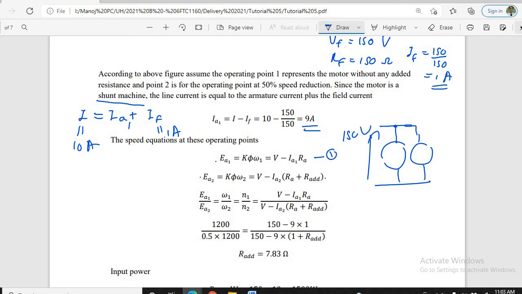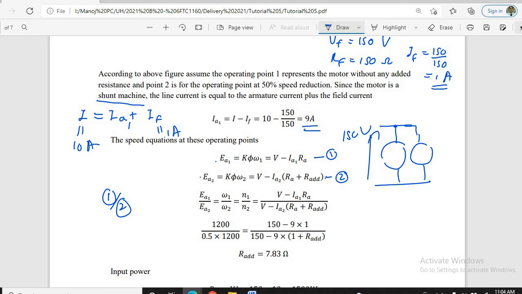If I mark this one and this one as 2 and 1, then E_A1 divided by E_A2 is equal to omega 1 divided by omega 2, which is equal to N1 over N2, right? So this is the speed in RPM. Omega 1 and N1 are proportional, so we can divide it like this, right? Then after we divide,